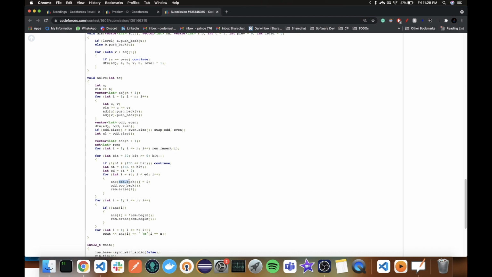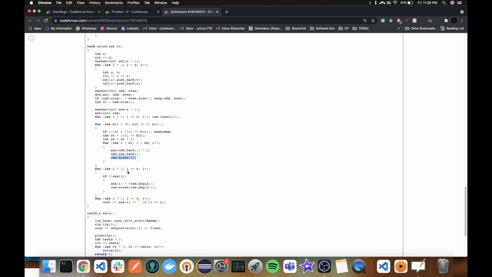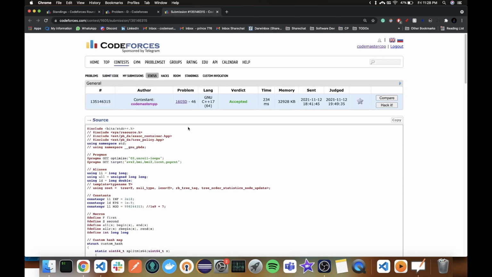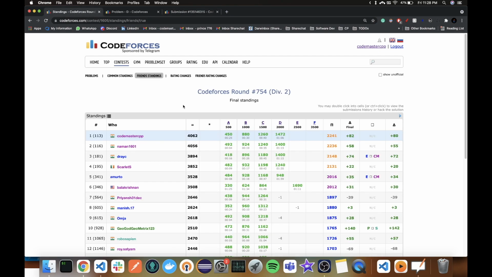So remember, odd has the vertex numbers, and i is the vertex value we want to assign. That's what I'm assigning, removing from odd and removing from remaining. And then I iterate, and if anything is not assigned, I take one from the remaining and put it, and then I just output the values. And yeah, that